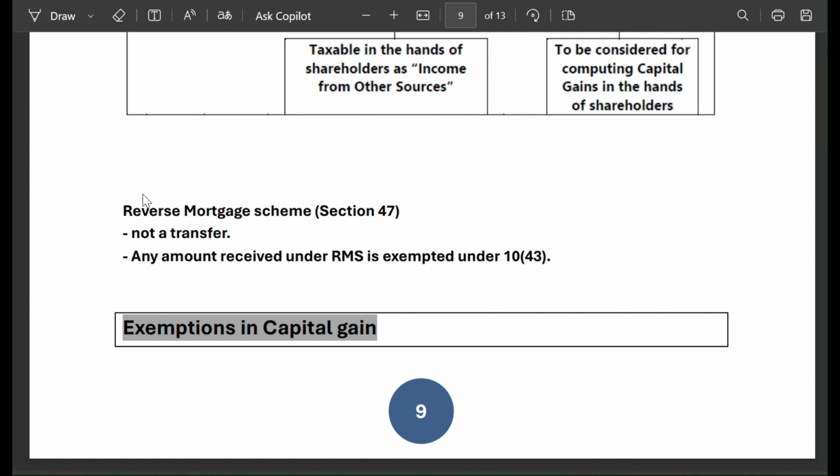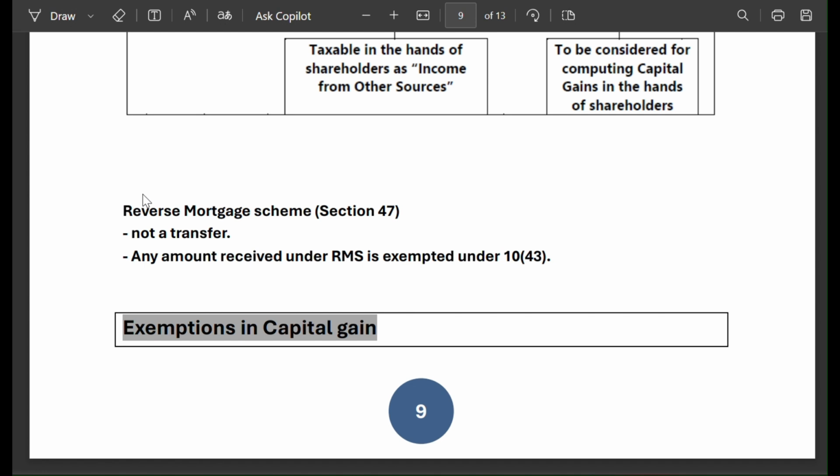Another concept is the reverse mortgage scheme. You should know what the reverse mortgage scheme is. If a person who is a senior citizen mortgages their land or any house to the bank